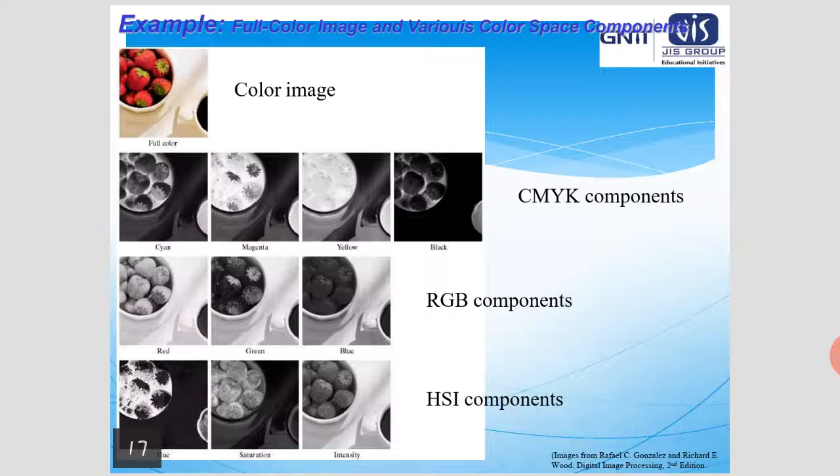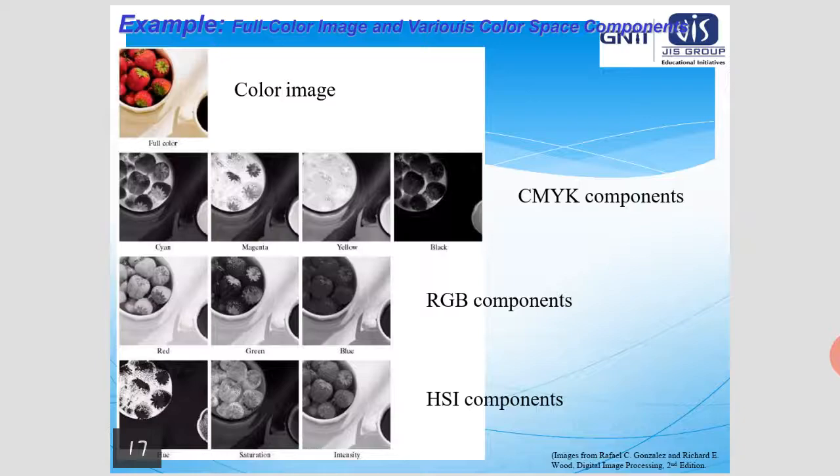So here three types of color models have been used to find out the different components. The first row represents the equivalent CMYK of the color image model. The first one represents the cyan, the second the magenta, the third one represents the yellow, and the last one represents the black.